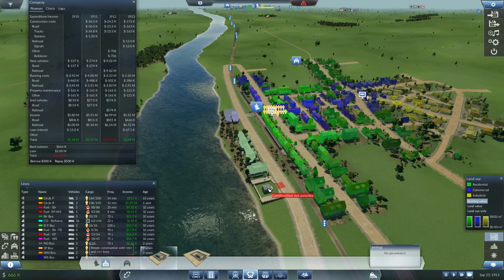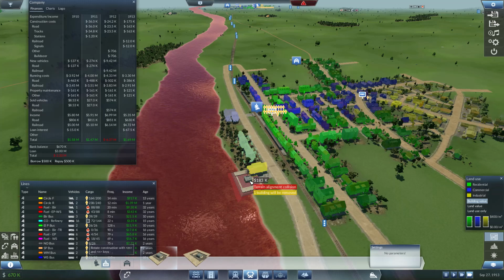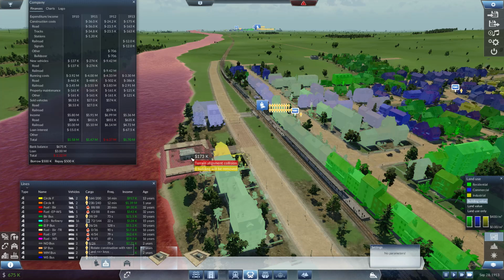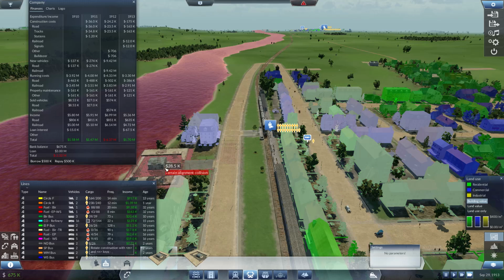Construction not possible. What if I just put it in here? One building will be removed. That definitely reaches the station, doesn't it? No, it doesn't. I don't think that does. That does. Right? Yeah, that definitely reaches it. You can see the color difference. See the little gray strip? No gray strip. So